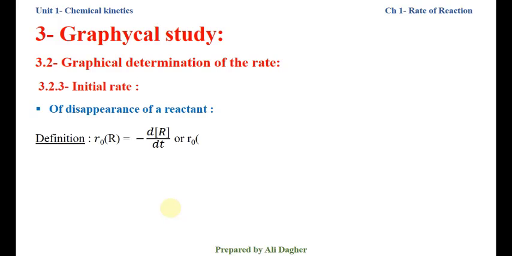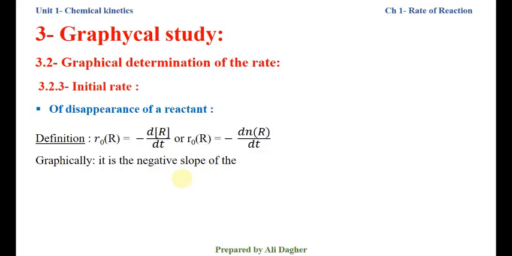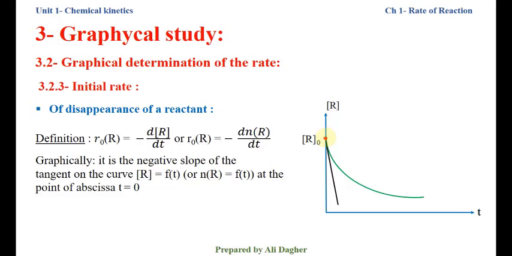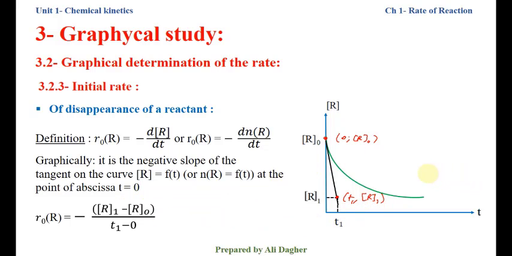Now, the rate of disappearance of a reactant. Definition: equals minus d[reactant]/dt, or minus dN/dt. Graphically, it is the negative slope of the tangent on the curve [reactant] = f(t), or number of moles of reactant = f(t), at the point of abscissa t equals 0. On the graph, we draw the tangent on the curve at the point of abscissa t equals 0. This is the initial point. Then we take the initial point of concentration 0, initial concentration 0, and another point of abscissa T1 and ordinate concentration 1. The rate becomes minus